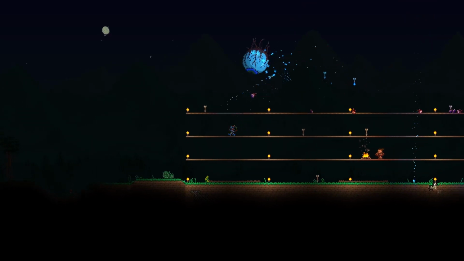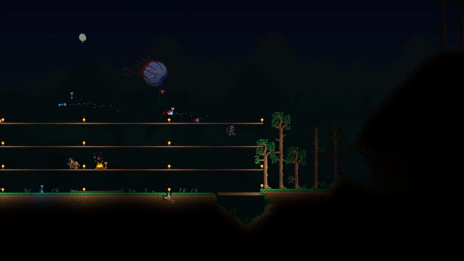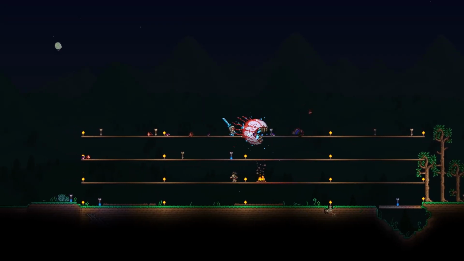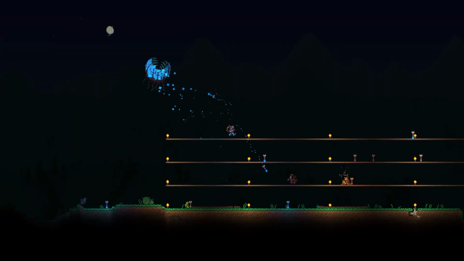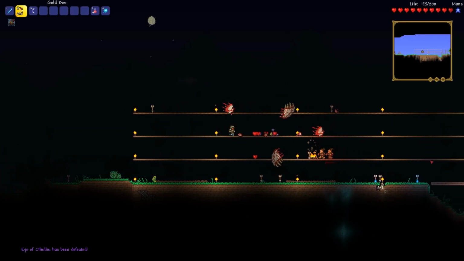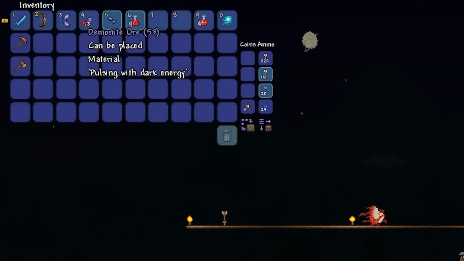That's it! Keep moving and firing, using your arena to stay away from the Eye's deadly attacks. Watch out for its second attack phase. Phew, you did it! Collect the loot dropped by the Eye, which should include a handful of demonite, a powerful ore for crafting shadow gear,